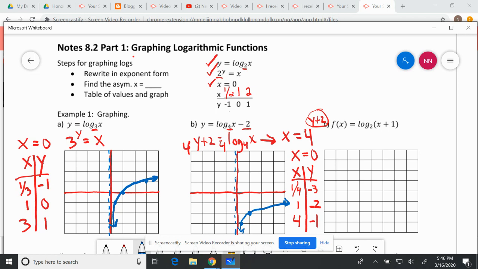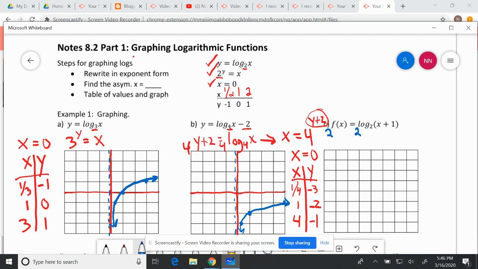Now, looking at letter C, it's different than letter B. Notice that letter B does not have any parentheses, but letter C does. That's a big difference because the log is by itself. We're not going to subtract the 1 first because it's in parentheses. So that means that when we have a base number,